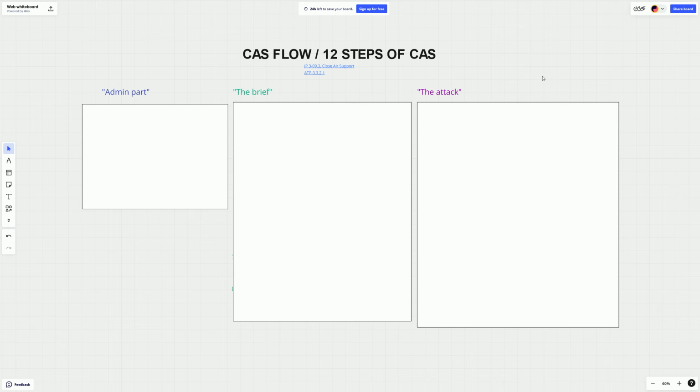Hello everyone, Nomad here, and today I'll be doing a lesson in the close air support flow, also known as the 12 steps of CAS. The 12 steps of CAS is the bread and butter of CAS and what you need to know as either real life aircrew or of course in DCS or BMS or any other sim. It is a workflow from getting in contact with the JTAC, working with the JTAC, and then egressing out